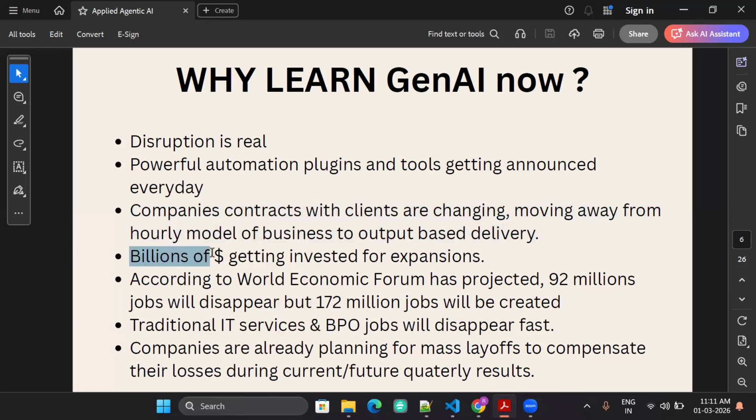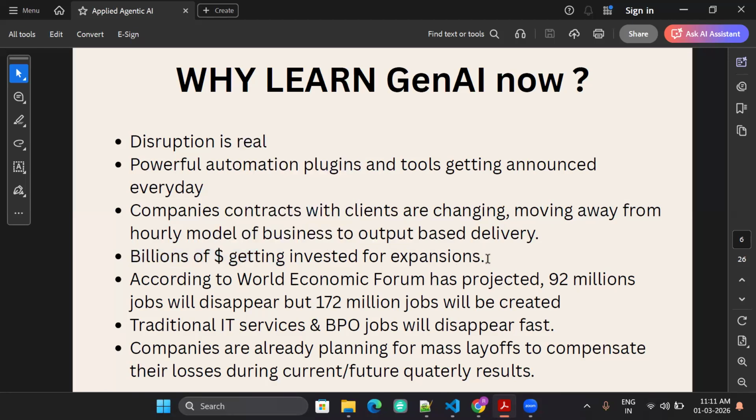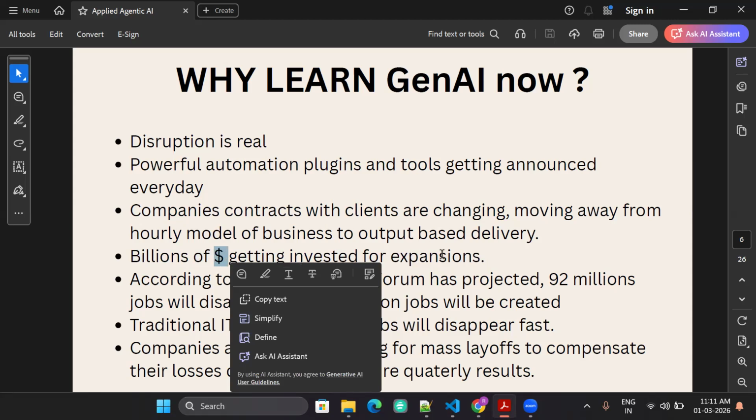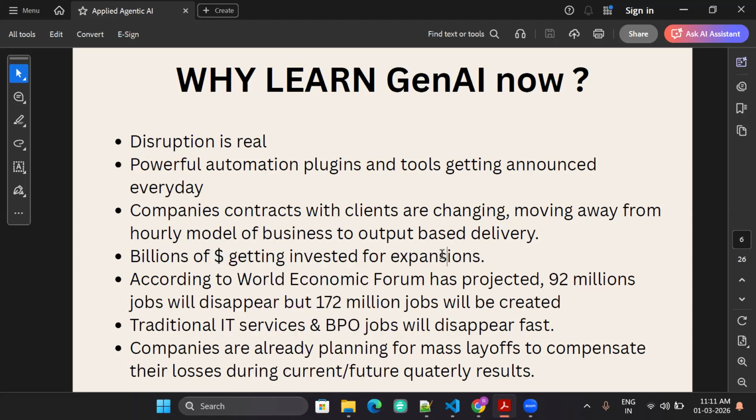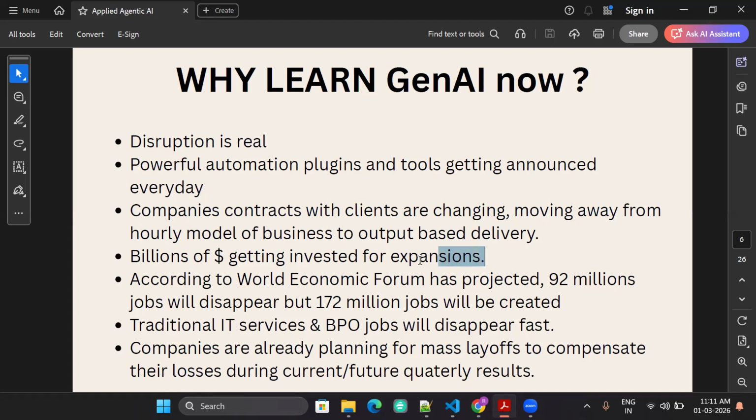And then billions of dollars are getting invested in the existing infrastructure of the models that are being built by the US companies, Chinese companies. So it is only growing, the amount of money getting into those inventions and the research. So every hour there are these discoveries or new models or new agents, or maybe something else is going to come tomorrow. Because if the money goes there, of course, people are motivated to make more inventions and discoveries. So it's not going to stop.